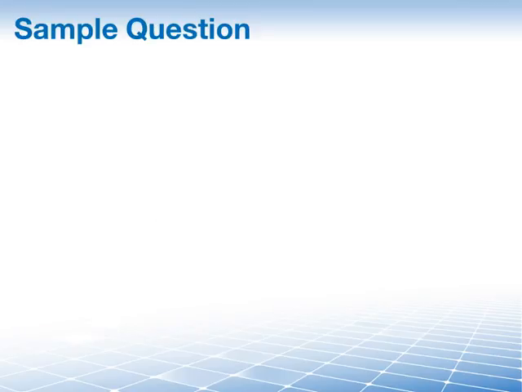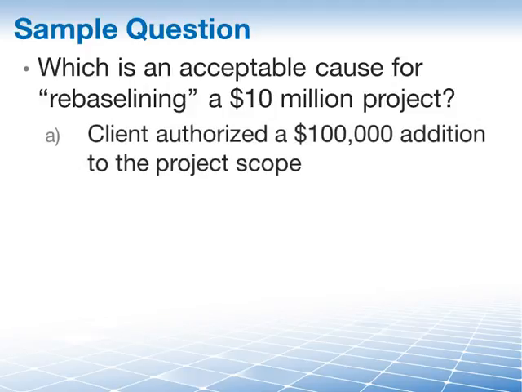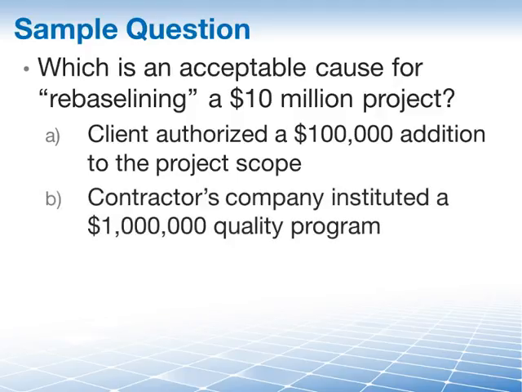Let's try this on a PMP exam sample question that you may find in a book or an online simulator. In fact, this is almost sort of the standard question that you'll find when it comes to rebaselining. The question is, which is an acceptable cause for rebaselining a $10 million project? Is it A, the client has authorized a 100,000 addition to the scope of the project? Is it B, the contractor's company has instituted a quality program in which it has pledged to spend $1 million during the next year? Is it C, the